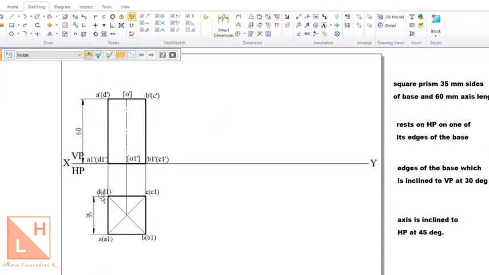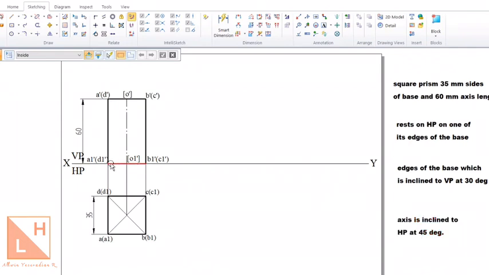Now, solving solid problems is quite easy when compared to plane problems. As we already saw in the very first position, you don't have confusion about where to draw the plane figure, HP or VP. That question is eradicated. Same thing here. For prism and pyramid, you follow the same procedure.